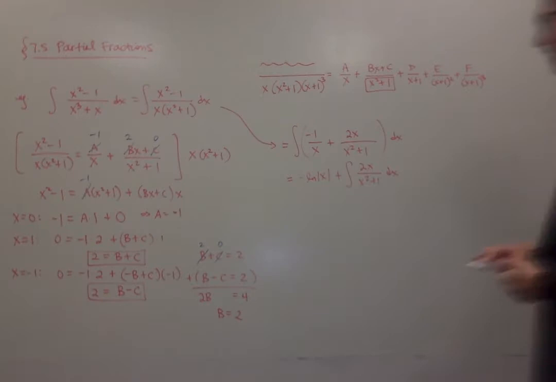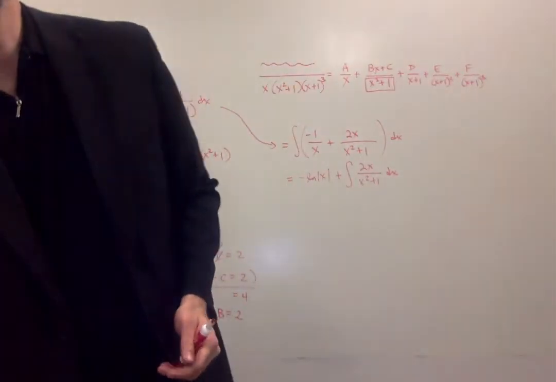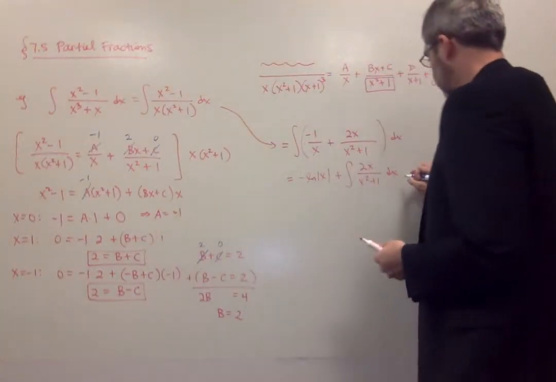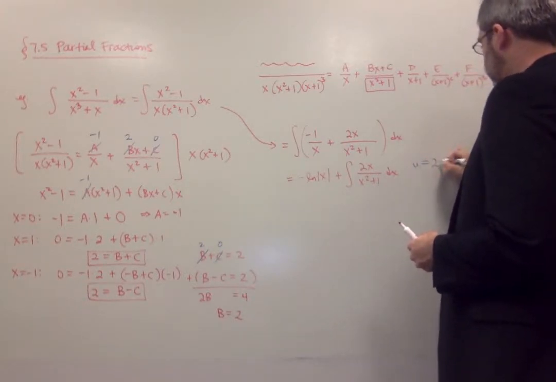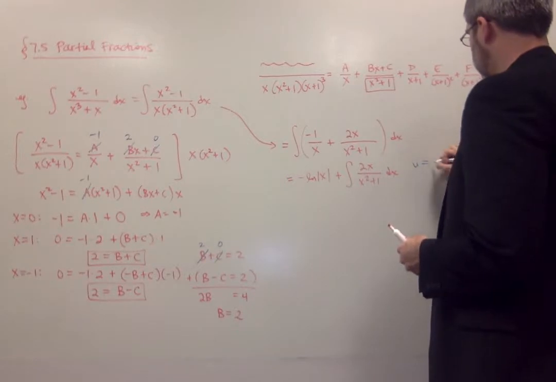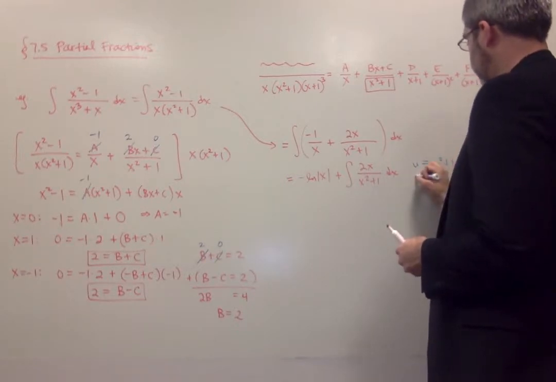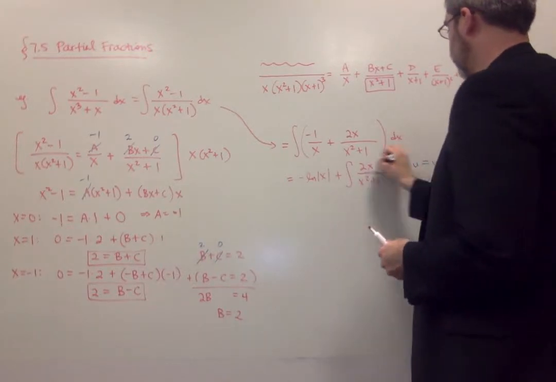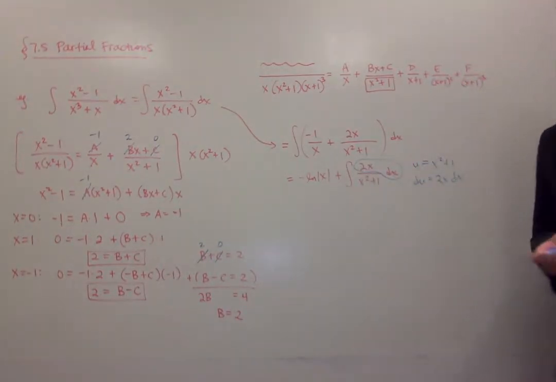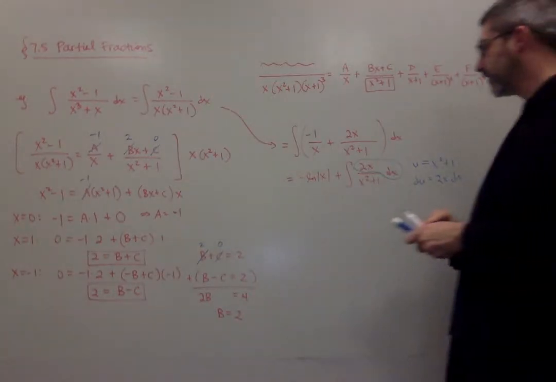What you should be saying is you want to do a substitution here. u equals x squared plus 1, and the reason is that du is 2x dx. That top part is the derivative of the bottom part. Okay, so if I do that here,